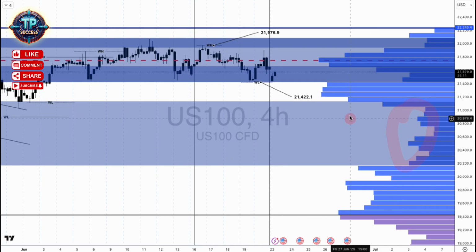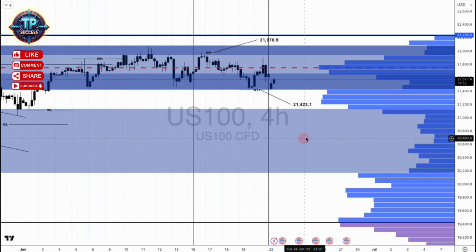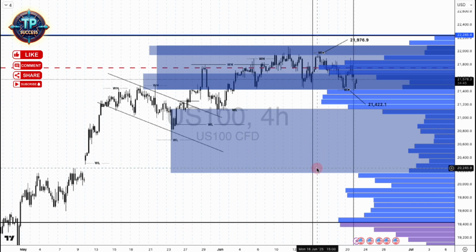The top side of that zone is 21,136.3, and the lower side of that zone is 20,177.8. So that's this area right here. You want to know if price is going to come into it, and if it does, if it's going to break through or push up. In my opinion,